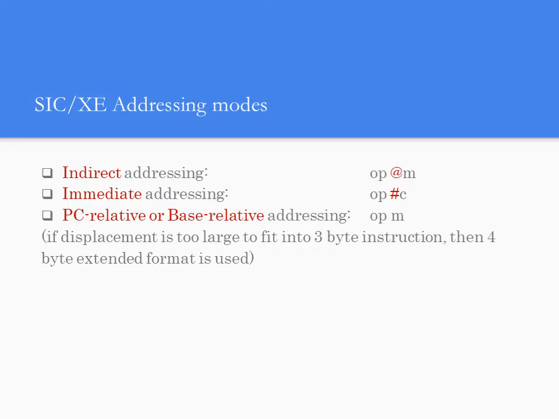Why 20? The maximum number of bits that will be needed in order to represent an address in SIC-XC would be 20, because the memory size is 2 power 20. That is why an address will not go beyond 20 bits. So in format 4, the address is directly represented in the instruction. In format 3, it's a displacement, a partial address being represented in the instruction. So this extended format that we have in your 4 byte instruction format, you will have a plus symbol before